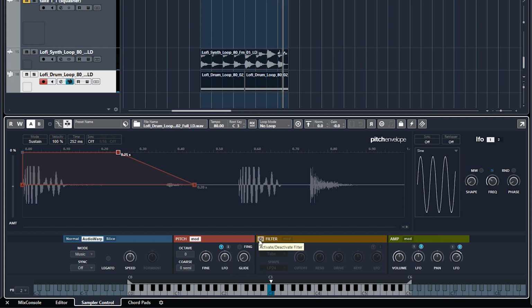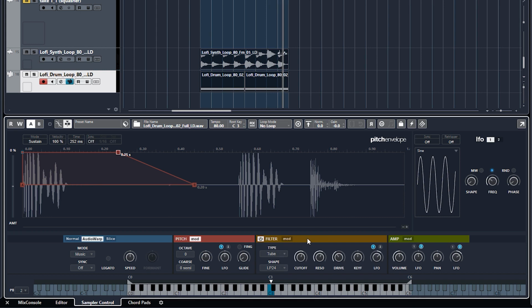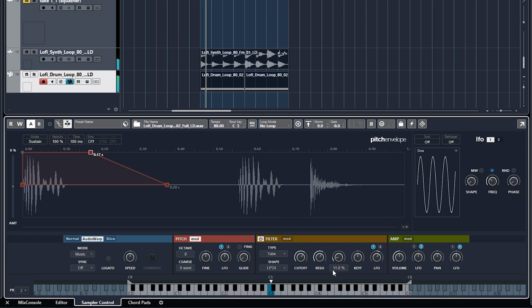So let's just quickly move on to the filter. Turn that on. Let's just turn up LFO1 a little bit. And you'll hear it start modulating the cutoff. You get real-time feedback on the waveform as well, with the cutoff there. Got drive, resonance,